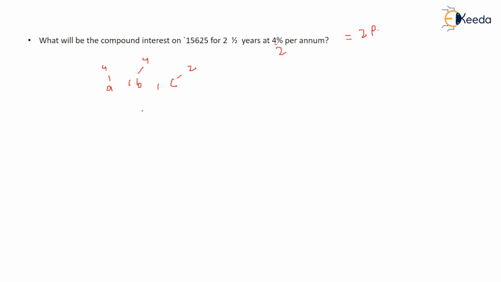So after solving this, what does it come out to be? A plus B plus AB by 100. You apply 4 plus 4 plus 4 into 4 by 100, that comes out to be 8.16. Now this becomes the new A, and this is B. Now solve it: 8.16 plus 2 plus 8.16 into 2 upon 100. So after solving this, what do you get? 8.16 into 2 divided by 100,